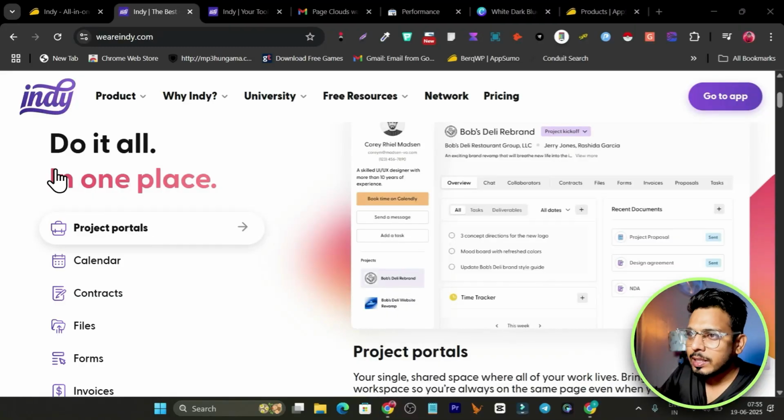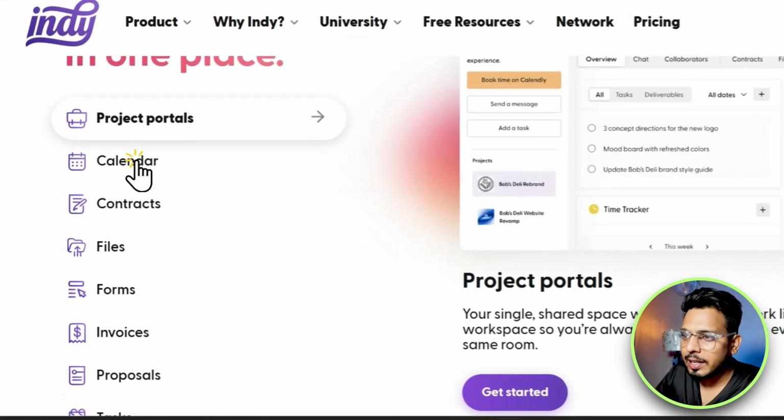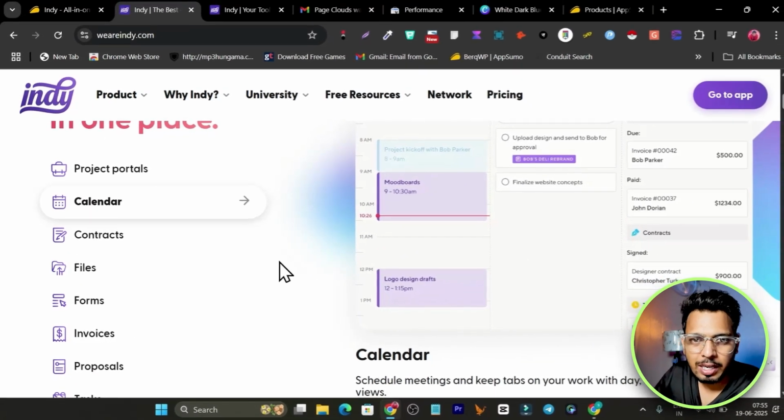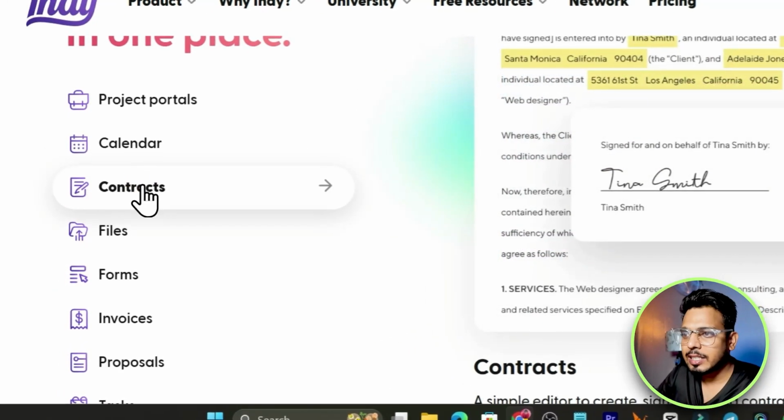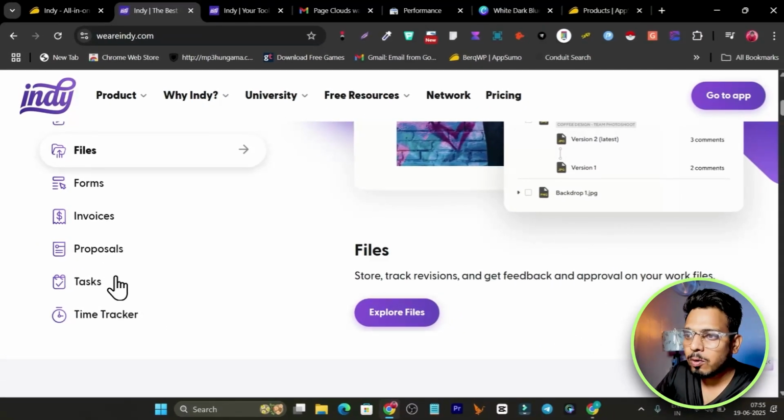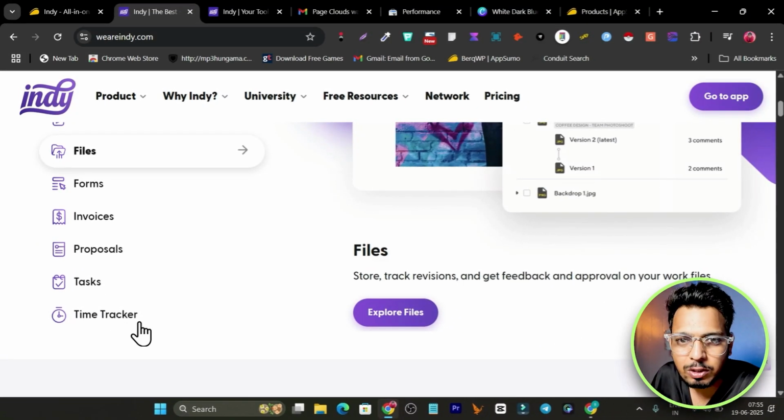You can manage your clients, send them invitations for the white labeling client portals, send them invoices and proposals, accept payments, and so many things here. So this is the Indy platform, and here you can see we have the calendar to manage our tasks or the things we need to do with our team. We have contract creation with the sign-in feature. We have files, forms, invoices, proposals, tasks, and a time tracker,